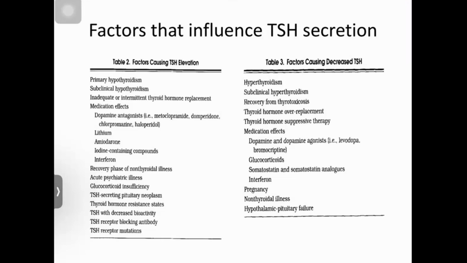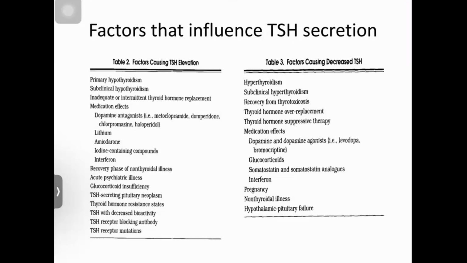Now, the opposite is true when it comes to decreased TSH levels. So table 3 will show you that it's hyperthyroidism. You know that the T4 levels are very high. The hyperactive gland will produce a lot of hormones. So the TSH, by negative feedback, actually gets reduced. So a patient recovering from thyrotoxicosis can still have a decreased TSH level because it takes at least 6 months,